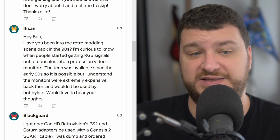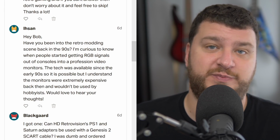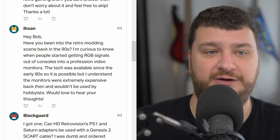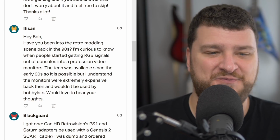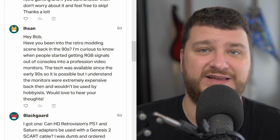And as far as getting RGB signals out of consoles, if you were in Europe, you would just buy an RGB SCART cable and plug it in that way. A lot of magazines even advertised that as well: improve the picture quality of your console, buy this RGB SCART cable for your Mega Drive or something like that. So it just wasn't really a thing at all in the US, and not anything that I had ever heard